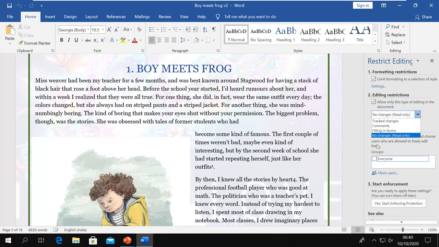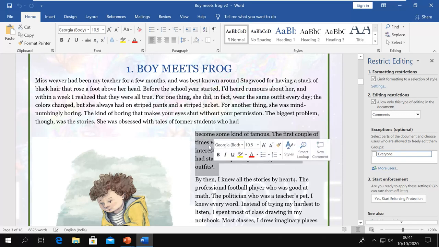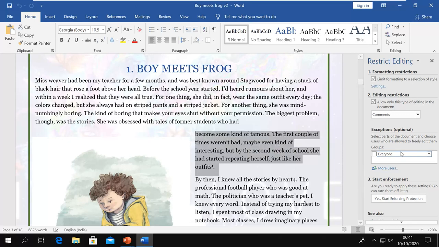And now suppose I say I want to allow them to do comments. Now exceptional option, select part of the document and choose users who are allowed to freely edit them. So let's say I select this and I say this section can be edited by someone freely. Rest of the thing will be blocked.